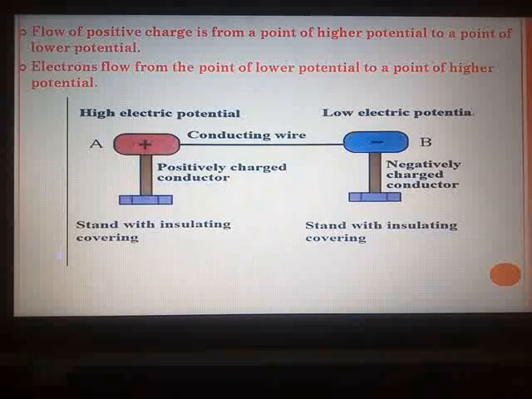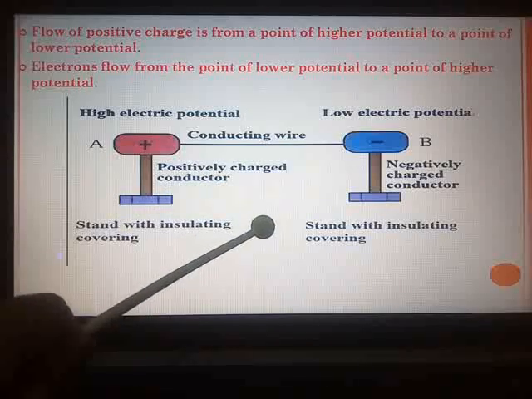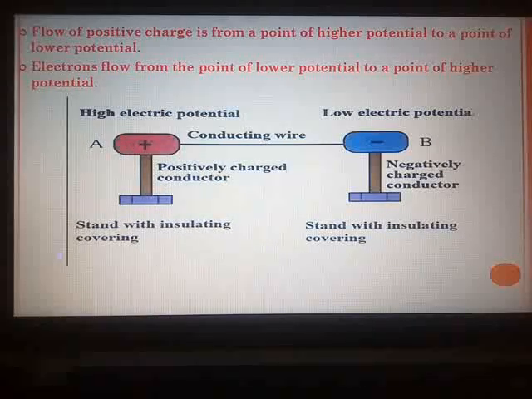And in the higher standards, you are going to study the definition of this electric potential. What is the potential difference? Now, the potential difference is between the values of potentials at both the points, that is A and B. Here you can see in this figure, conductor A. Conductor in this chapter will mean a conducting wire, a wire which conducts current, a wire which allows the current to flow through it.